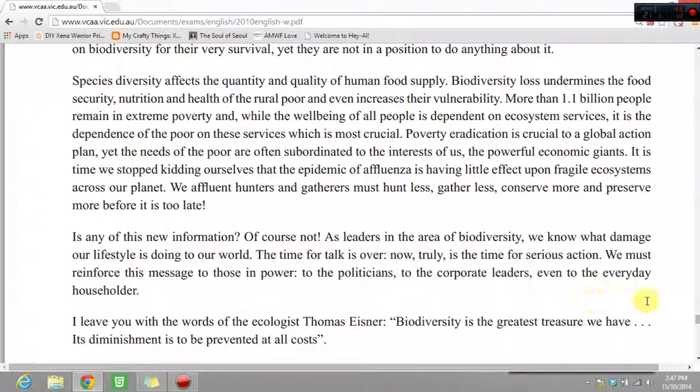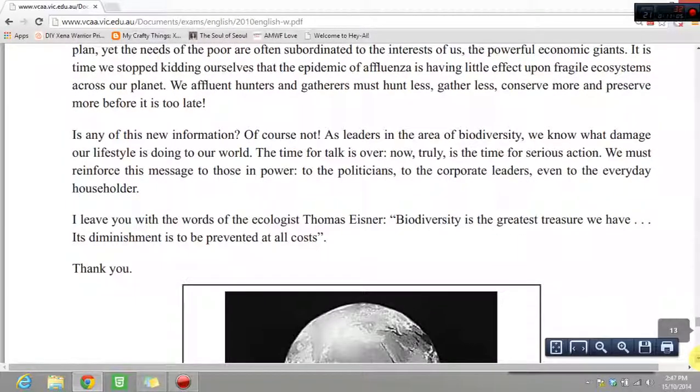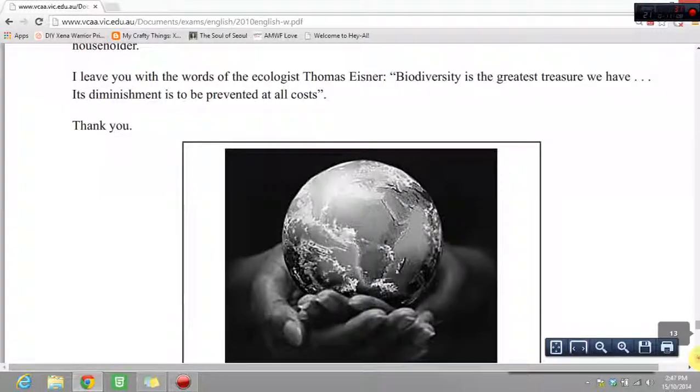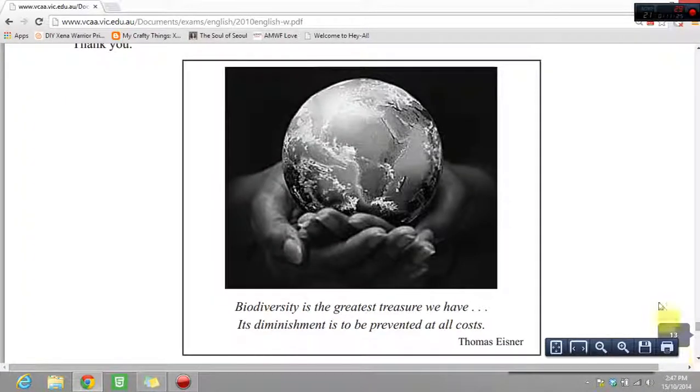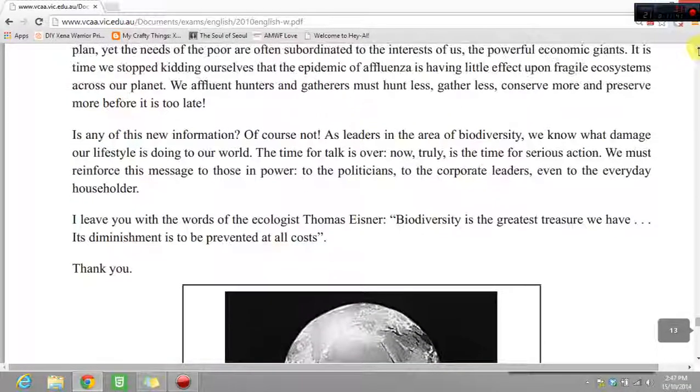Thomas Eisner is a respected biologist, I do believe. So by having his words in a community that have obviously gathered to discuss biodiversity, have the words of somebody who maybe they studied in university or they really respect as a leader in their field, they will be very likely to absorb his message here that they need to protect biodiversity. And here as well, this image is creating the metaphor of having the world in our hands. Okay, so again, we are like the giants, the big powerful giants, and we're able to do something about the problems of the world, and it's our responsibility.